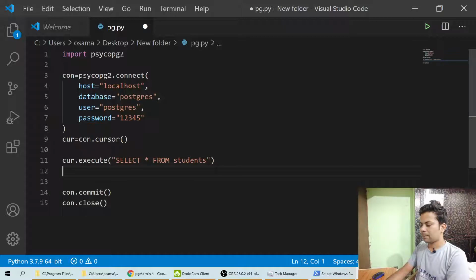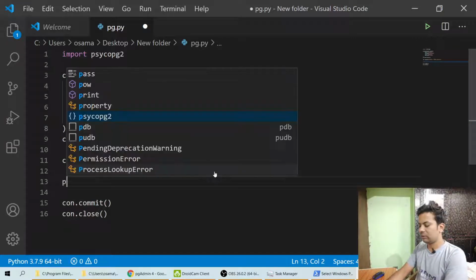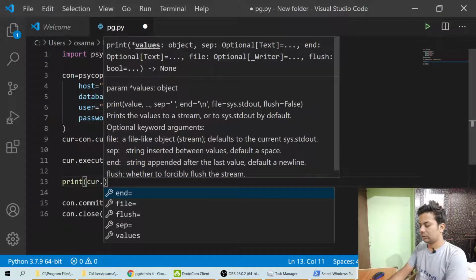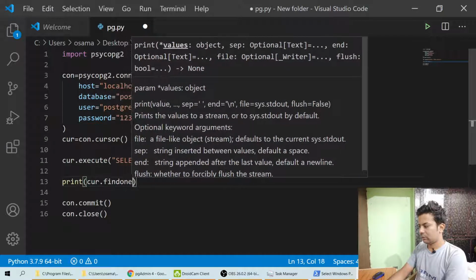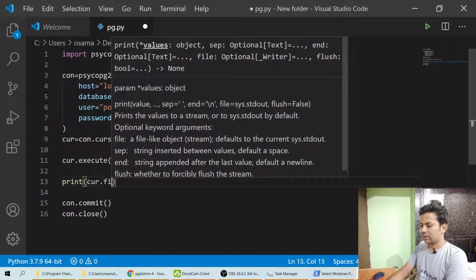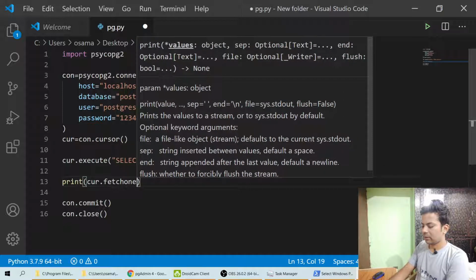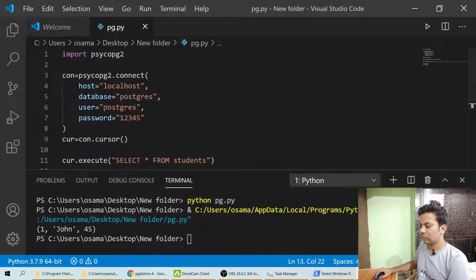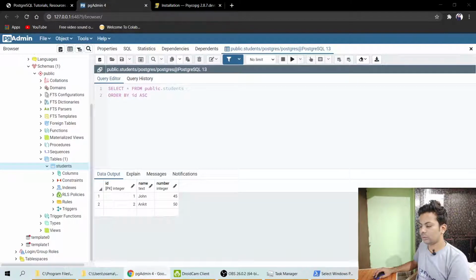Then we'll say print cursor dot fetch one. Sorry, it's supposed to be fetchone. What we are doing here is saying select every row from students, take those rows, and then give me the first one. Fetch one means give me the first one, print the first one. Let's run it and see the results. See, 1, John, 45 is the result. It has given us the first row.